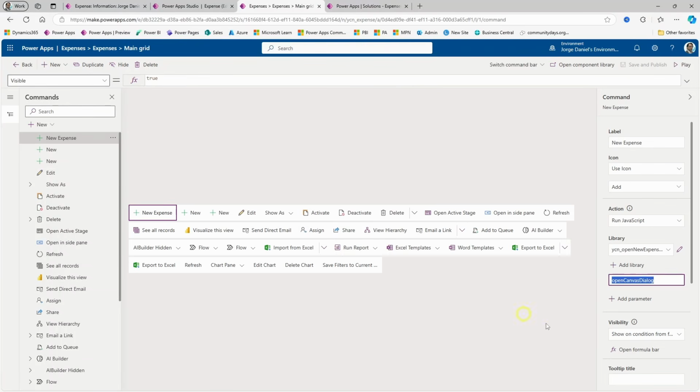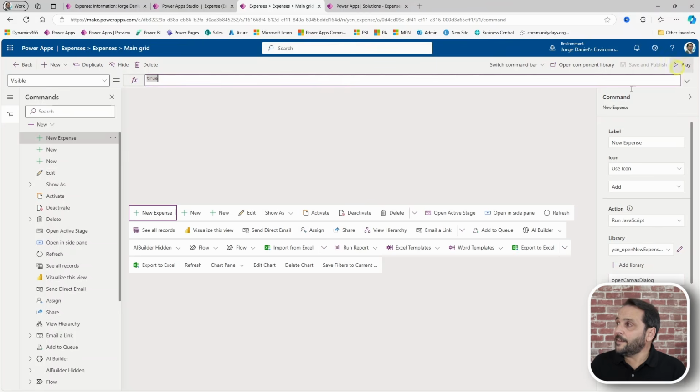Finally, take a look at the visibility parameter. You can have it with show for this case, but show sometimes acts out, so I have set a visibility condition to true. Save and publish this. And one other thing,